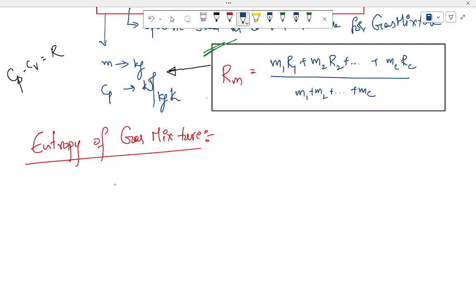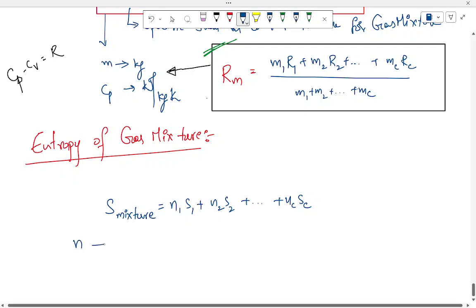So here the S of the mixture will be defined in terms of your N, that is the kg moles. So N1S1 plus N2S2 plus so on plus NcSc you will have, where N is the number of moles